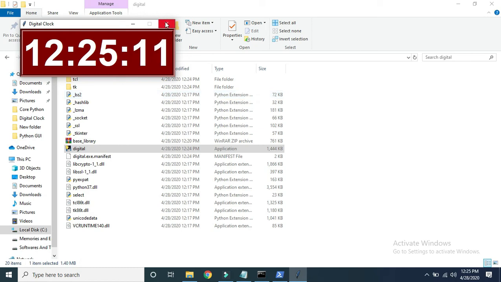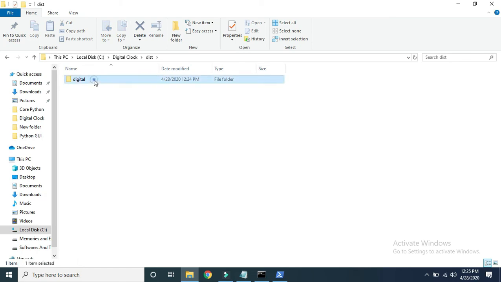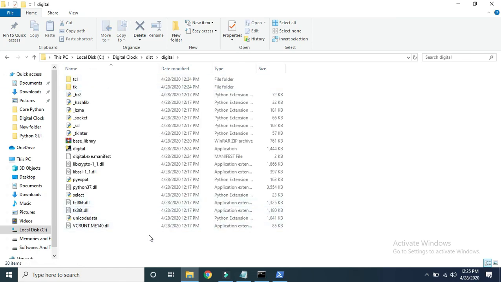Now one more thing I want to tell you. See here, earlier only these two files were there, and when we tried to create the .exe, it created so many things here. This folder, one more folder, this file. Again when we open dist, we are getting so many files. If we want only one file, only the executable file, and we don't want any other stuff, I want to create only the exe file.